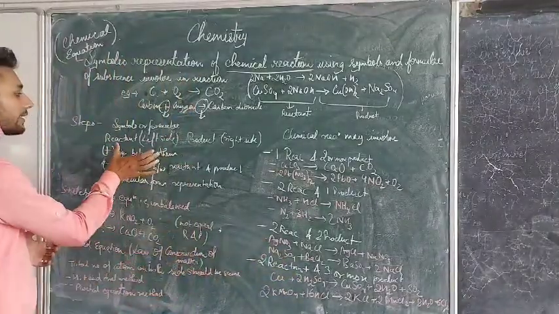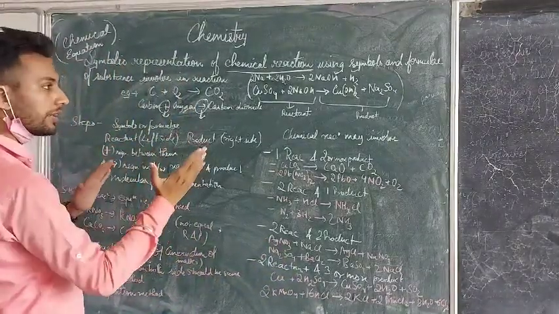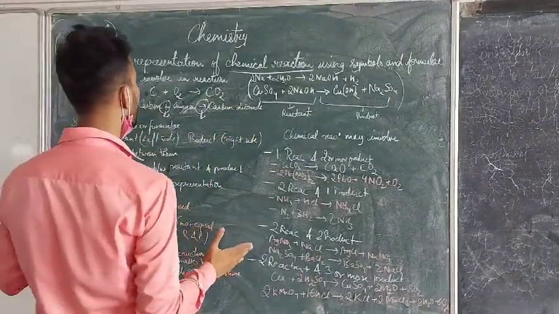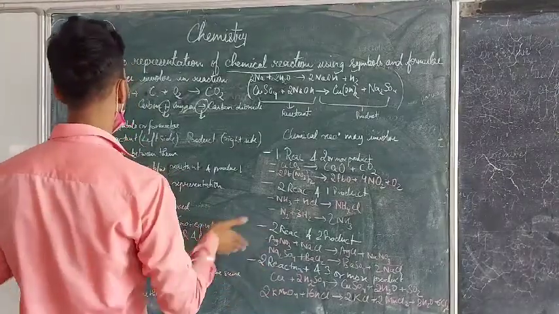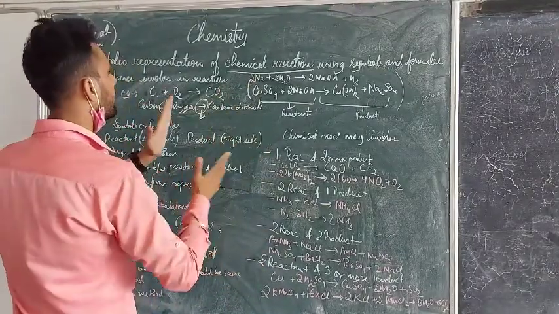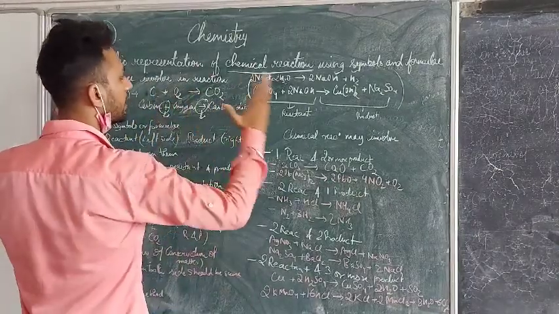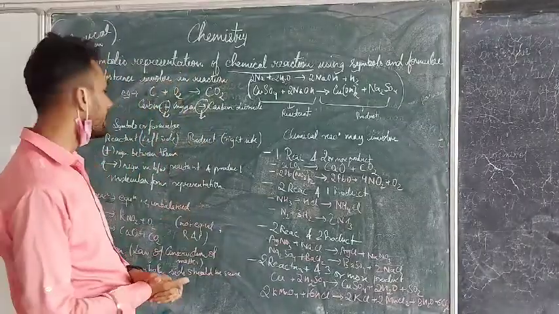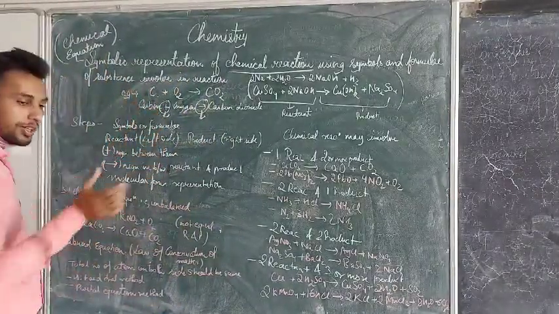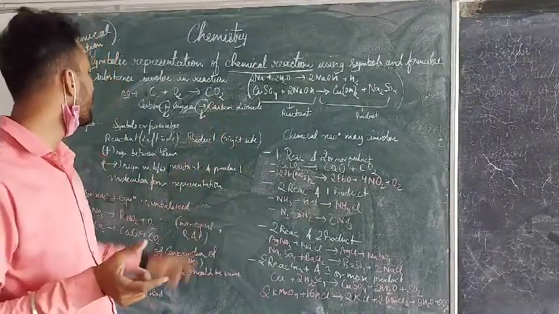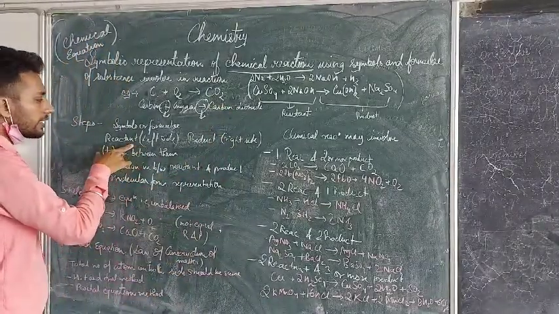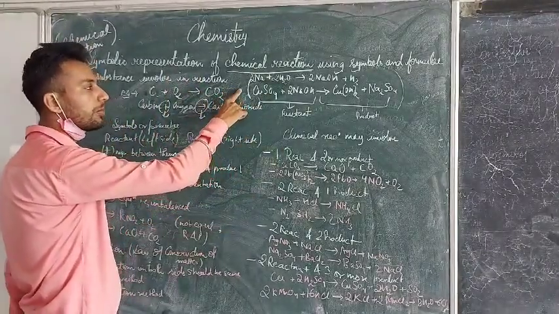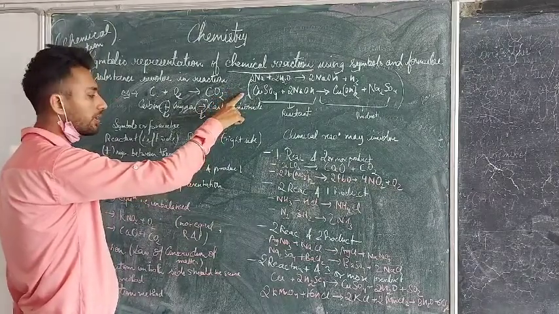Now, the reactant side will be written on the left hand side. When we see the board, our left hand side is like this. When we turn opposite, the board is a mirror image of us, so the left hand side is on this side and the right hand side is on this side. The left hand side will be the reactant side and the right hand side will be the product side. When two reactants join to form a product, we use the plus sign, and if two or more products are formed, we also use the plus sign.